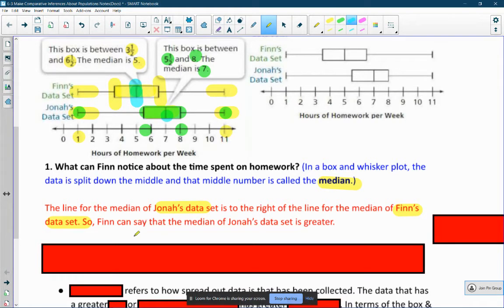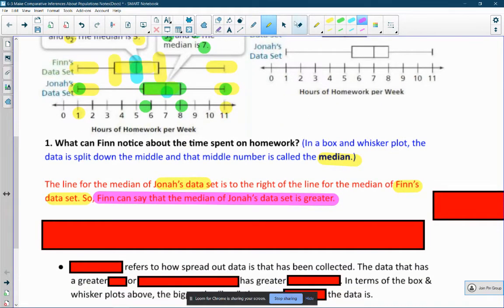Finn's data is there. So Finn can say, I'm going to highlight this in purple, that the median of Jonah's data set is greater. Oh, that's a little bit easier to see. Okay. So the median is greater for Jonah. Okay. So something else he could say then,